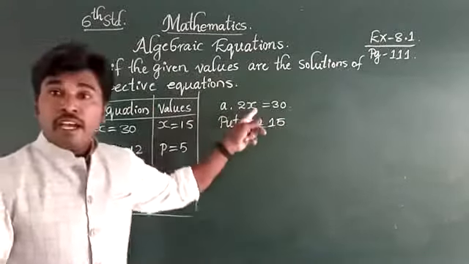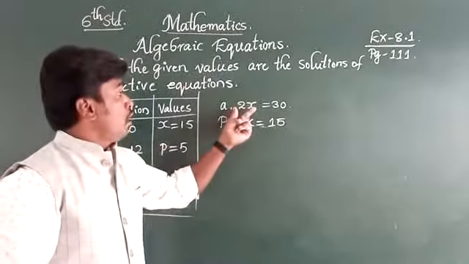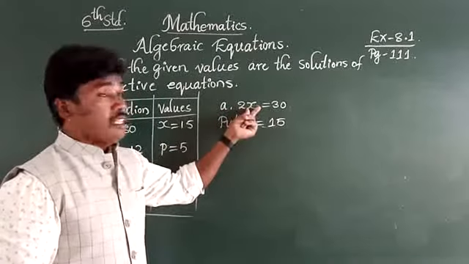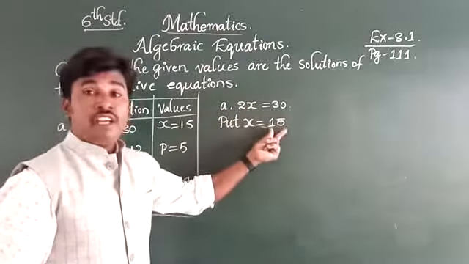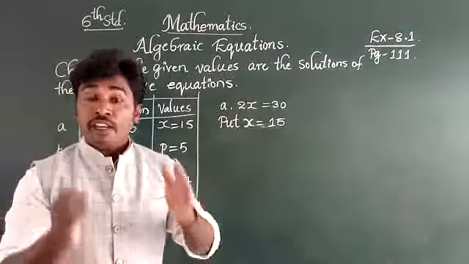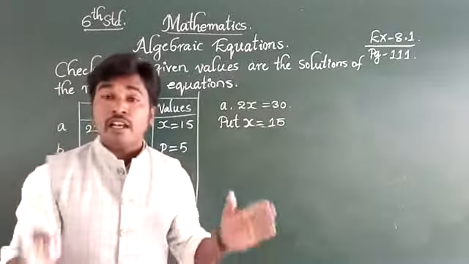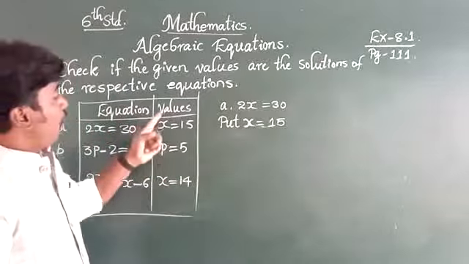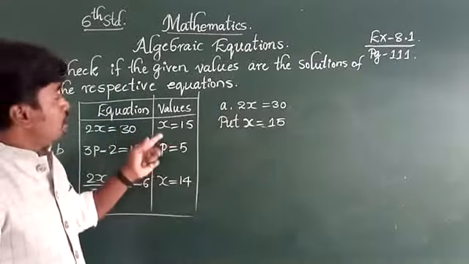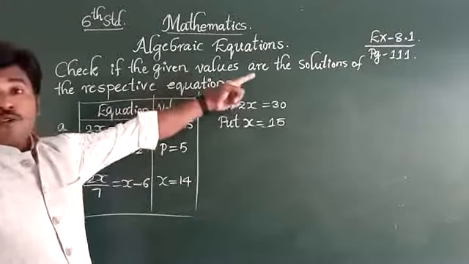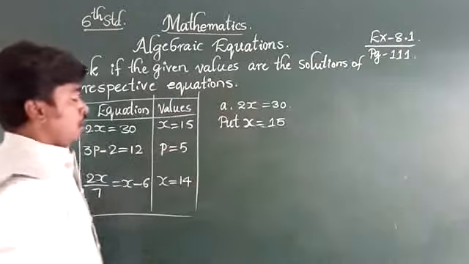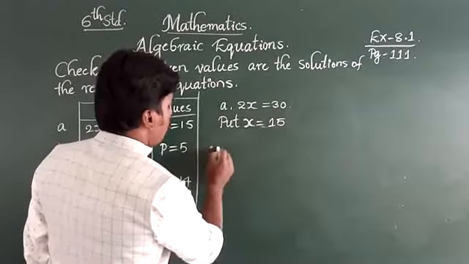In place of x you substitute 15. This x place you substitute 15 and calculate. If LHS and RHS are equal, then the given value is the solution of the equation. Understood? So therefore